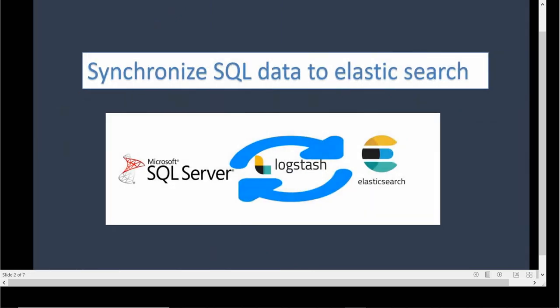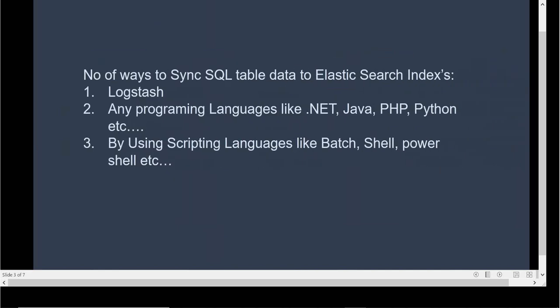Today I'm going to explain how to synchronize the SQL data to Elasticsearch server with the help of Logstash. We can do that synchronization process with the help of Logstash and any other programming language like Java, .NET and Python as well. Not only that, we can do that with scripting languages like PowerShell or shell scripts or batch scripts